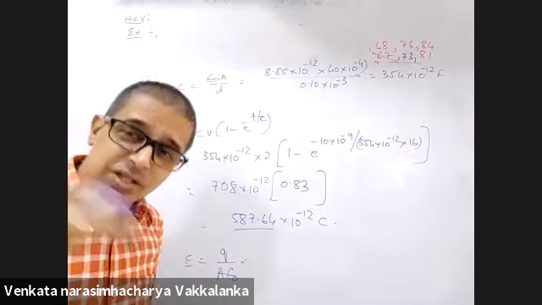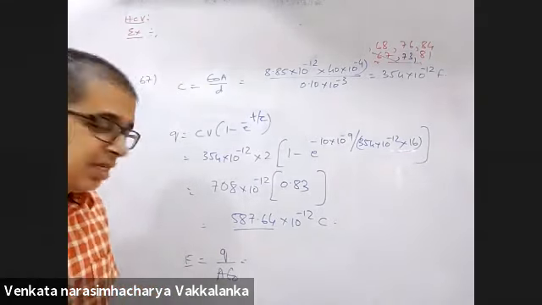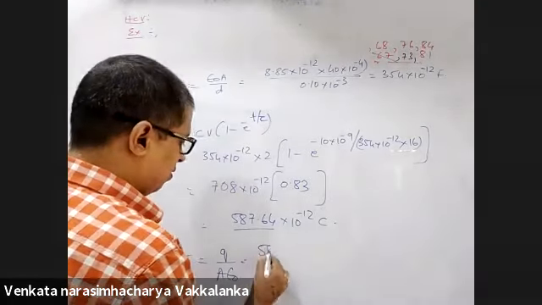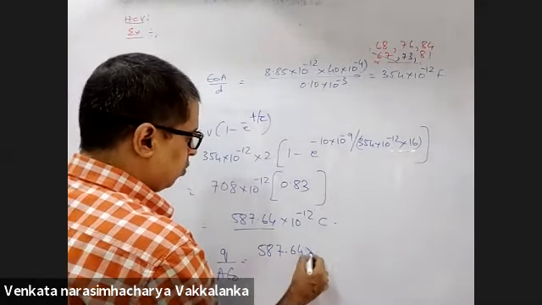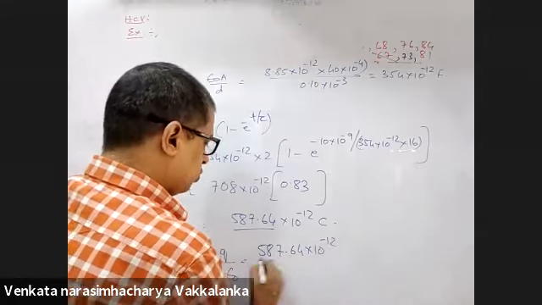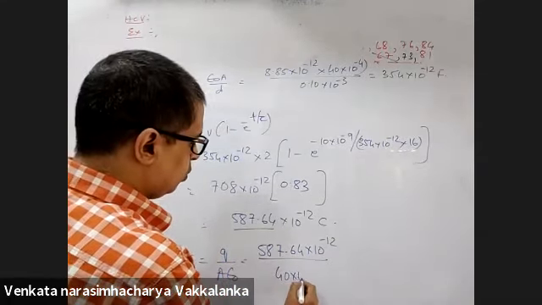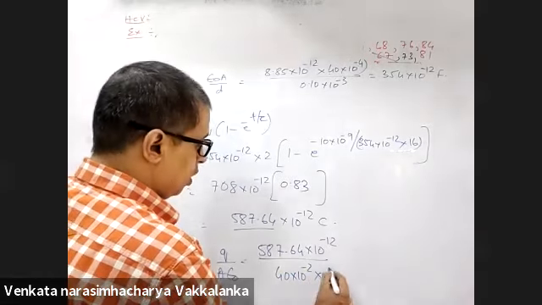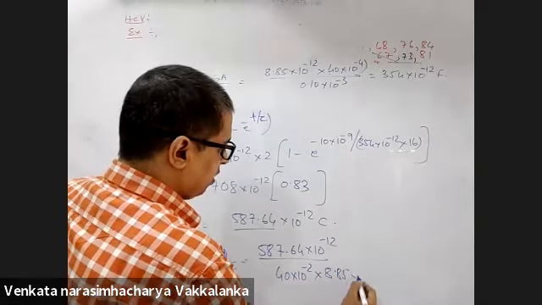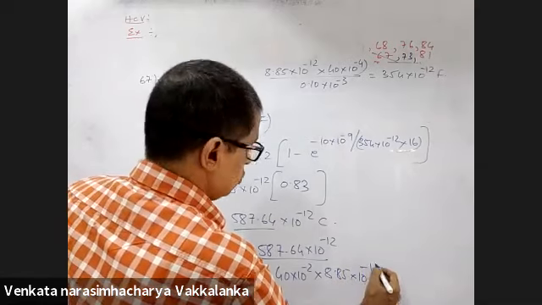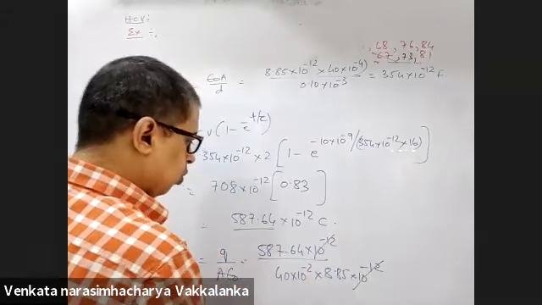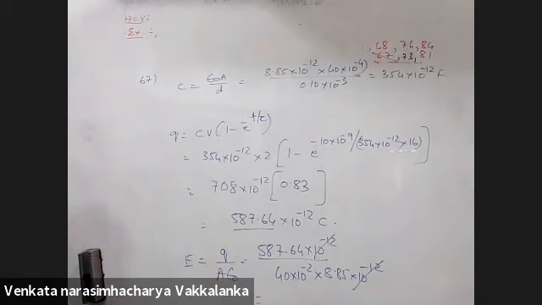Only one student is doing it, the one who got it wrong, and we are writing that same calculation. So I got the same. 6 4 into 10 raised to minus 12 by what is the area? Area 40 into 10 raised to minus 2 into 8.85 into 10 raised to minus 12. This will go. However many times you check, the answer is coming 1.66 into 10 raised to minus 2. Yes, sir. Got it, sir.